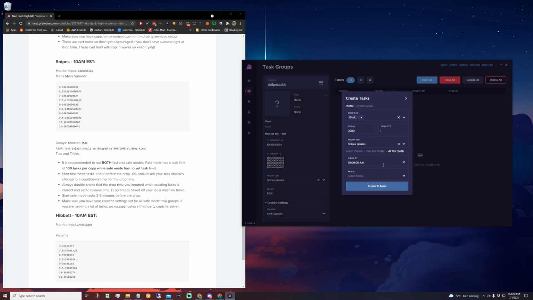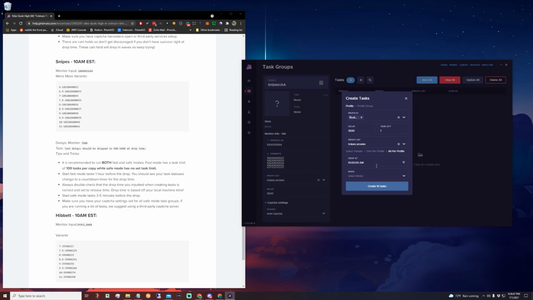All right, so we set it at 10. And we are gonna now go and choose the mode. So if you start carding, just to go back to the drop time, if you start carding prior to the release, your first natural thing should be to go click on your task, click edit, and see what the drop time is set at. And this is always based on what your local or what your system machine that you're running